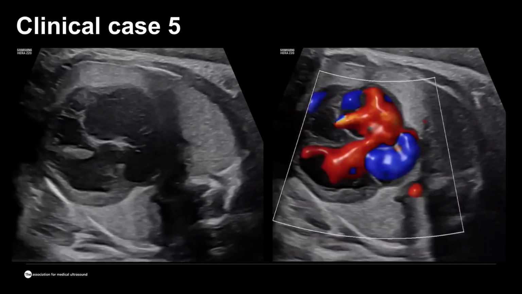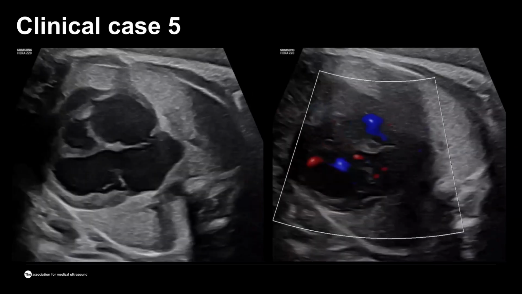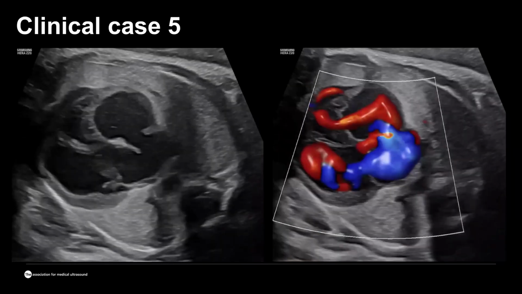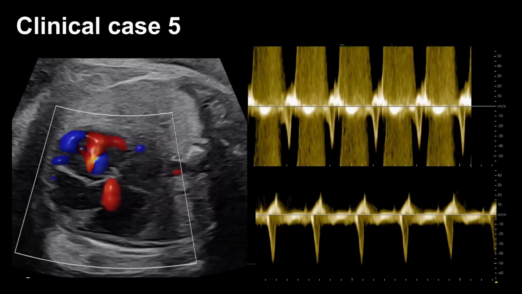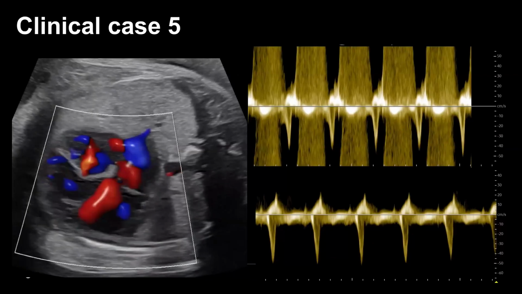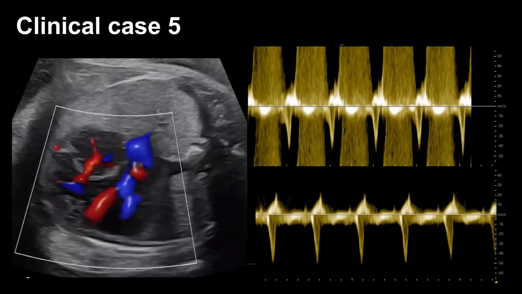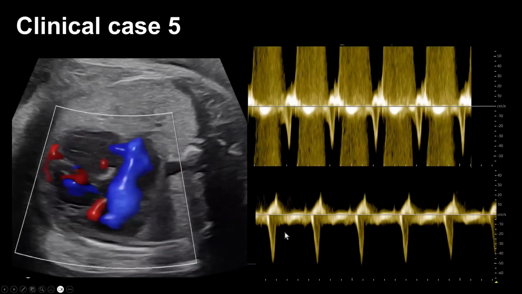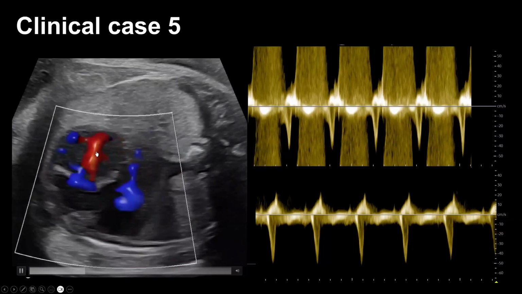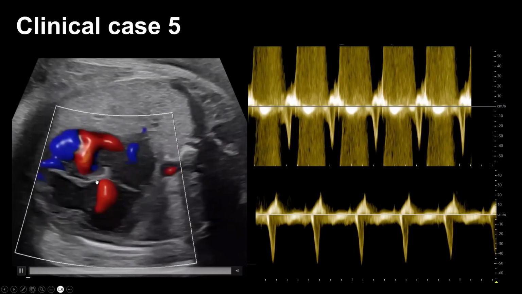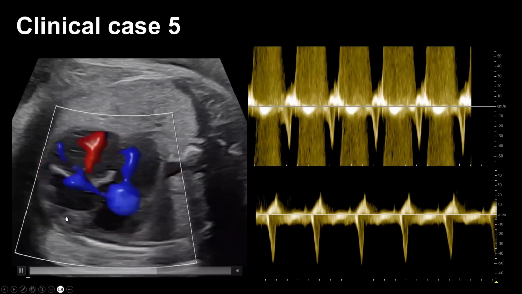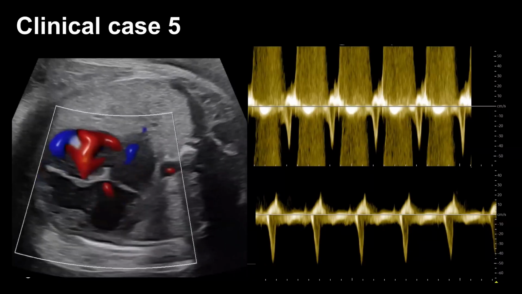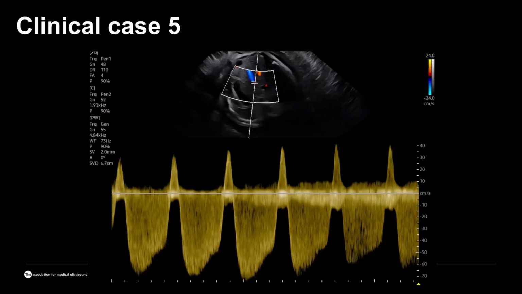But this is a little bit trickier case. Looking at this heart, you can see that it has an abnormal shape, but you can't really see any anomalies per se. What this heart has is severe myocardial dysfunction. And how can we judge that? We are looking at the monophasic flow through both AV valves, and the significant tricuspid regurgitation indicates that this is a biventricular myocardial problem. We don't know what's causing that. So this was a really interesting observation.